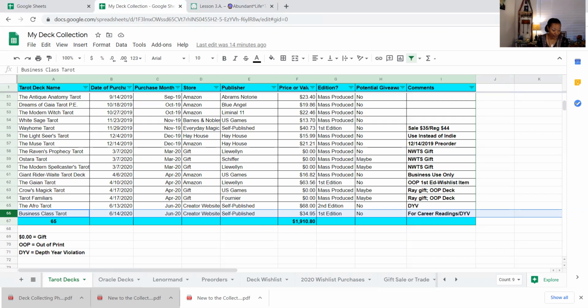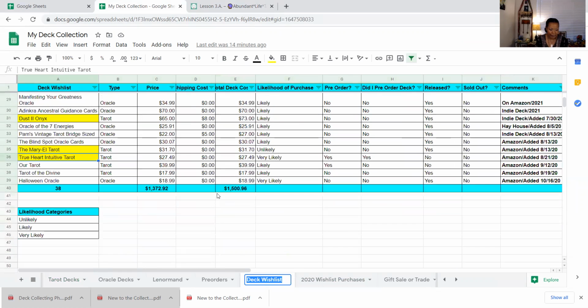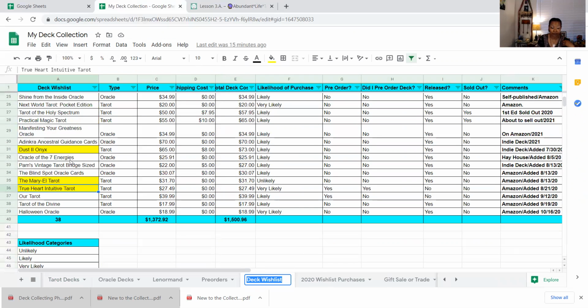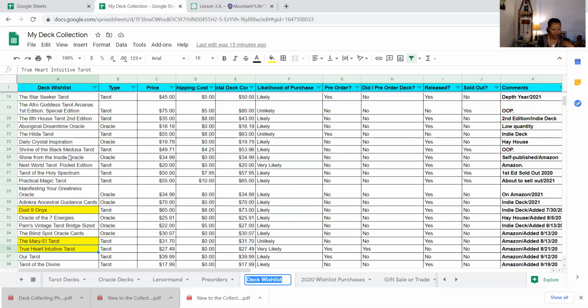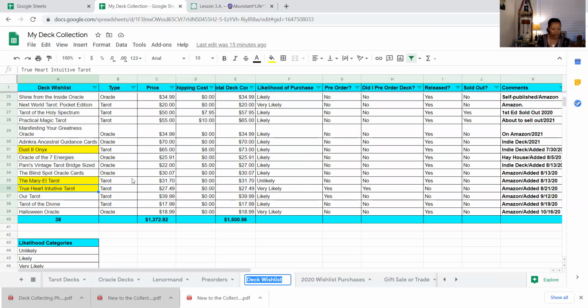Next is when to add, update, or delete a deck from the wish list. So we talked about that also. On my wish list, I'm probably not going to add anything. I don't have anything yet to add. I've been trying to be good after my flurry, and after finding this one, so I'm going to probably duck back again and not look for any decks anytime soon. But I do need to remove some items that have already come into my collection. I was gifted the Dust to Onyx. I know I have the Victorian Romantic on here. Like I said, I've got work to do to update it.